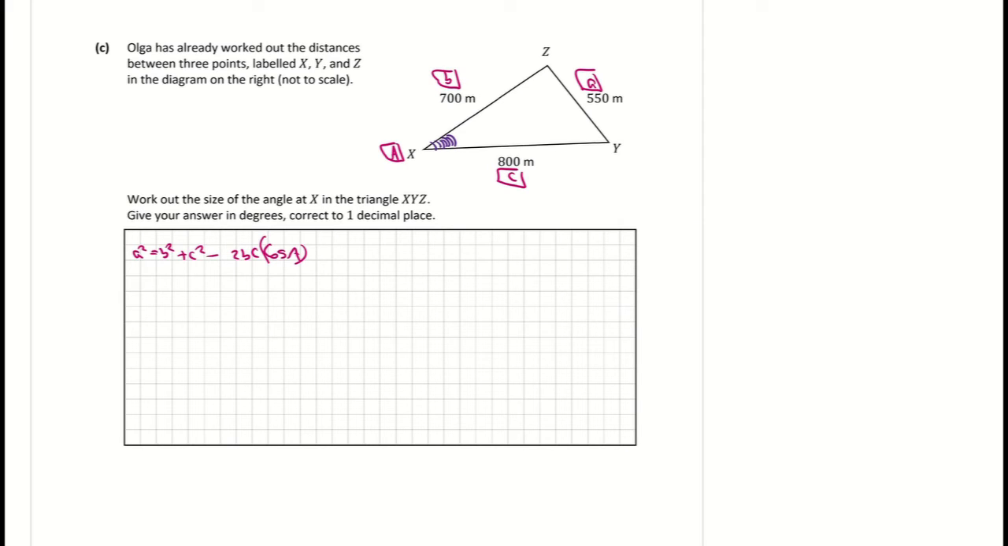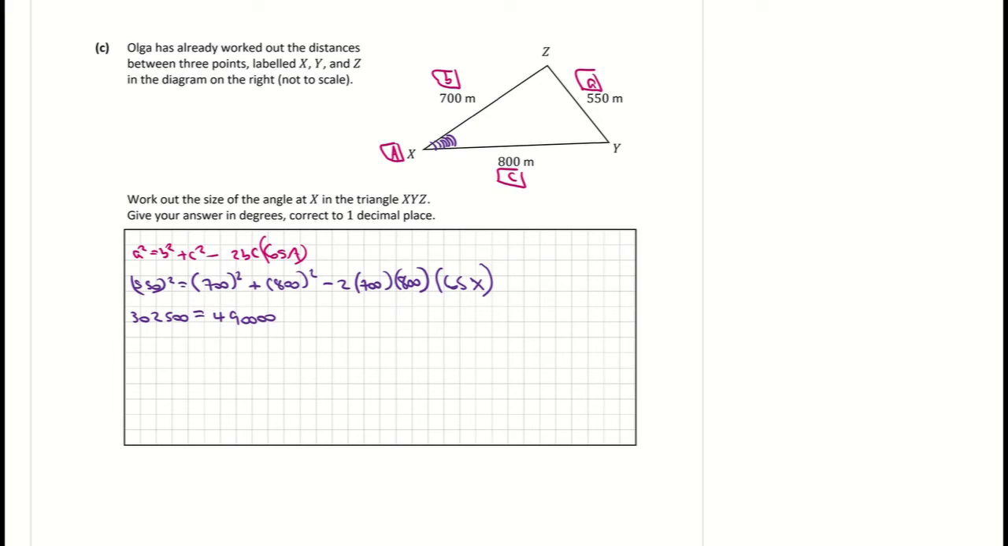Filling in my formula now, I get 550 squared is equal to B squared, which is 700, plus 800 squared minus 2 times B times C. I have them the wrong way around, but it shouldn't make a difference, but let's do it correct. 700 times 800 times cos of the angle X. Tidying that up, 550 squared is giving me 302,500 is equal to